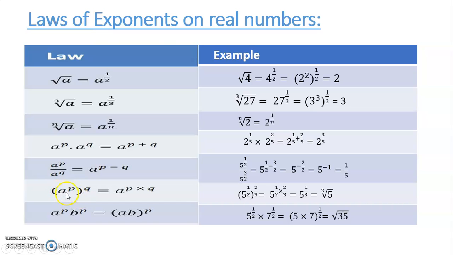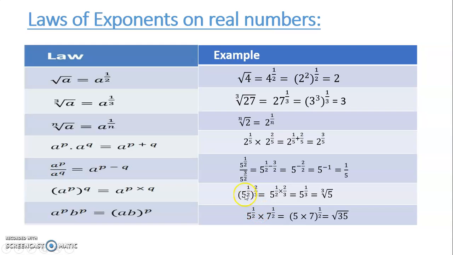Then if the base is written a raised to the power p and outside again there is an exponent, so there are two different exponents inside and outside, inner index and outer index. In that case you have to multiply both the indices, like we have done over here also. We have multiplied them and we have cancelled it. And this 2 was in multiplication with 1 by 2.